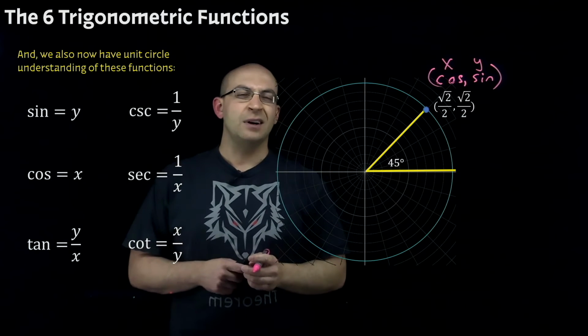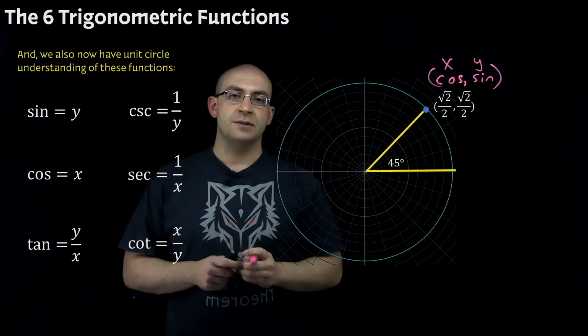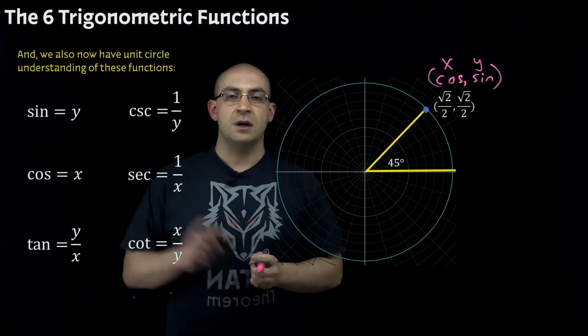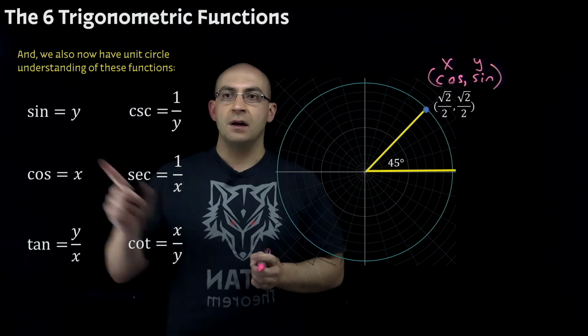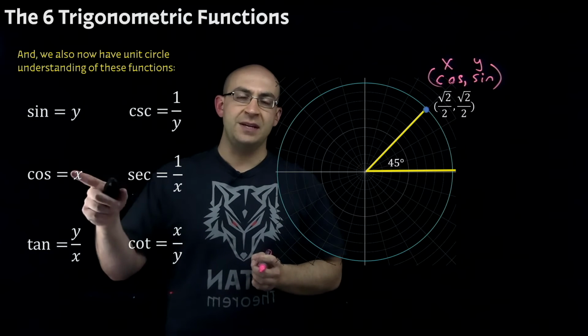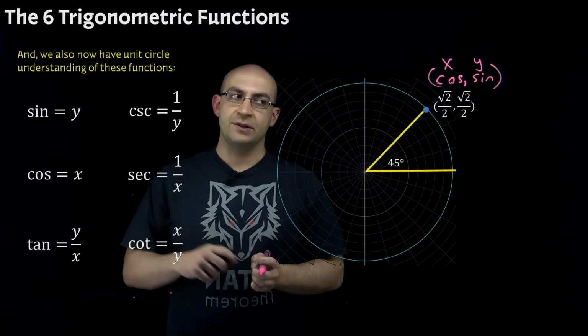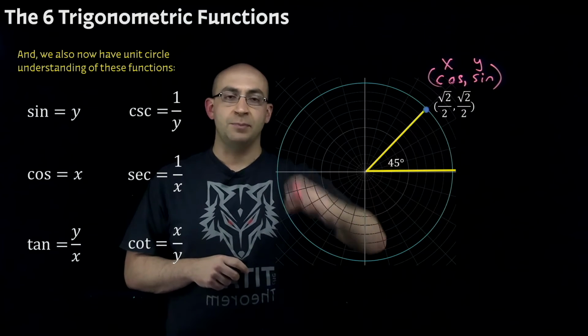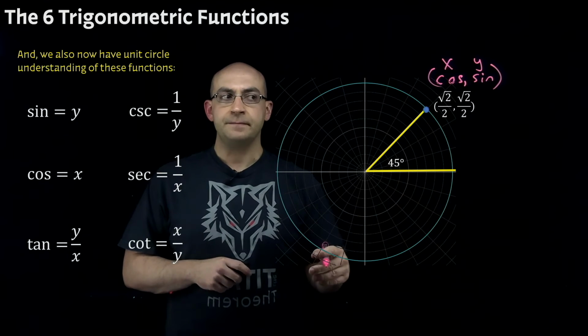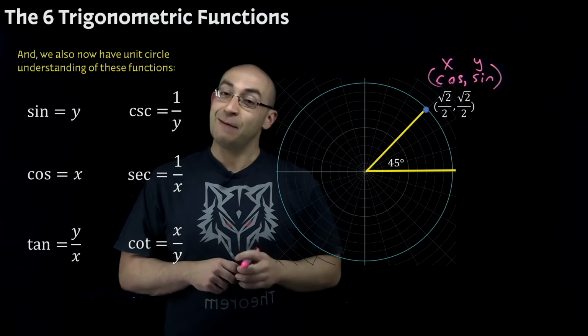Sine and cosine are like the parent functions or the base functions of trigonometric ratios. Clearly, because you can see they don't have any other pieces to their ratio. Tangent is the beginning of where things change a little bit. Now, on the coordinate plane and on our unit circle, we have to,